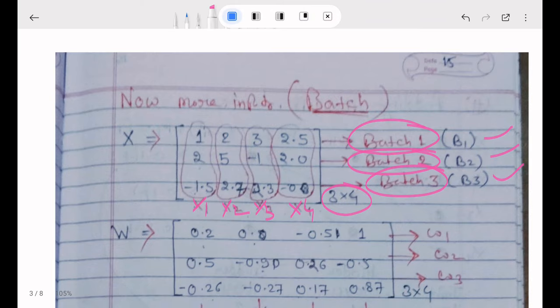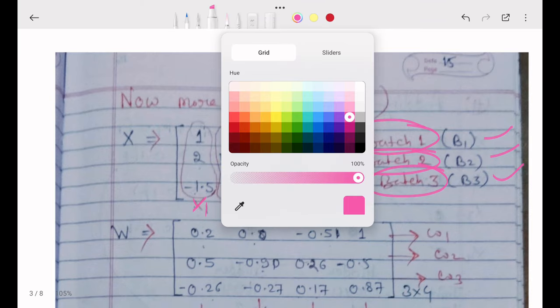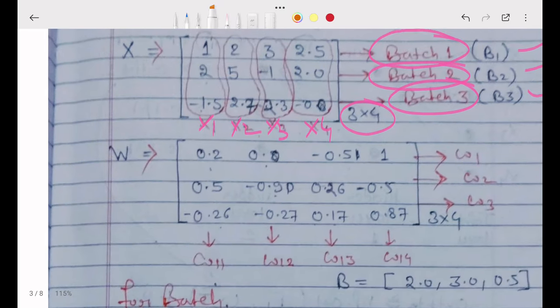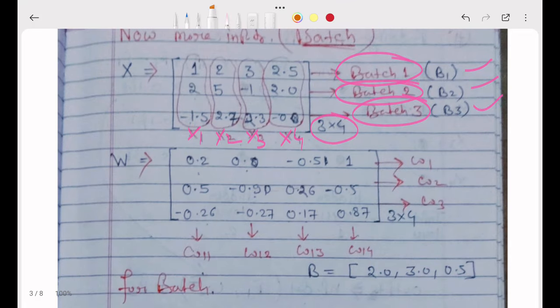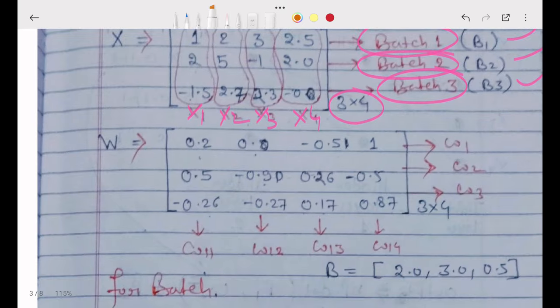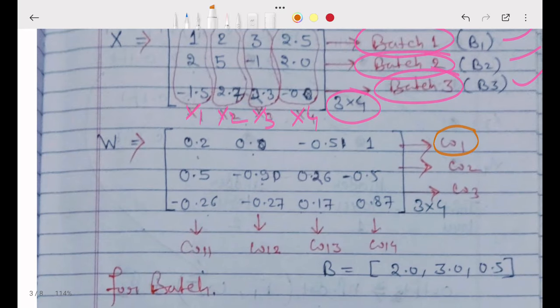Now if there are many bunches of inputs, weights are also there. So let the weights be W1, W2 and W3. What is the meaning of this?